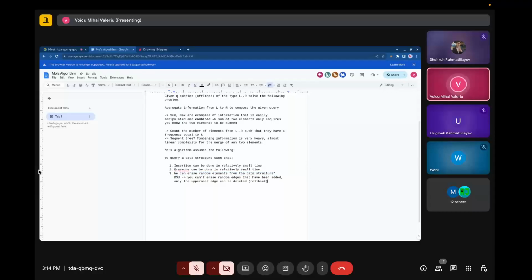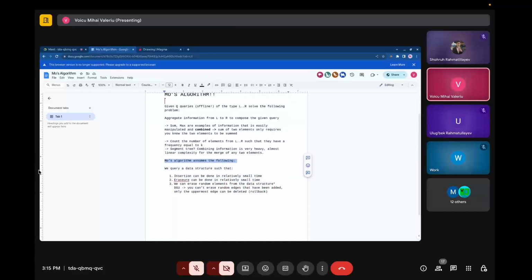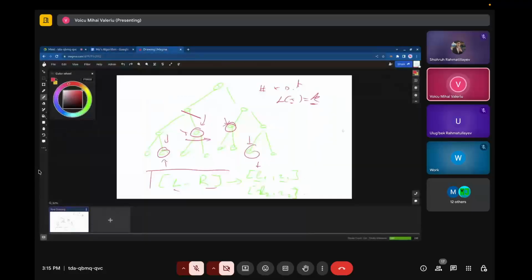So it is really important that we can erase any random element at any time we want. And that is it. These are the three properties of a data structure that can admit a solution with Mo's algorithm. To be more concrete, I've given an example here of the count of elements x such that the frequency of x